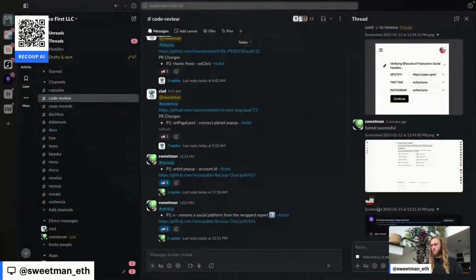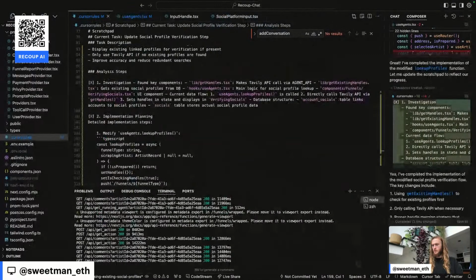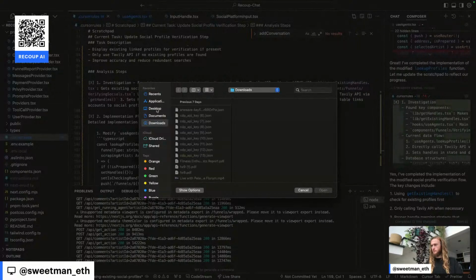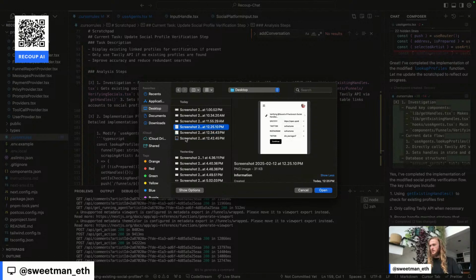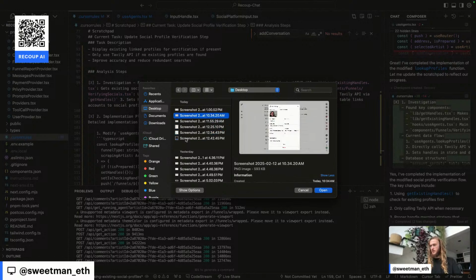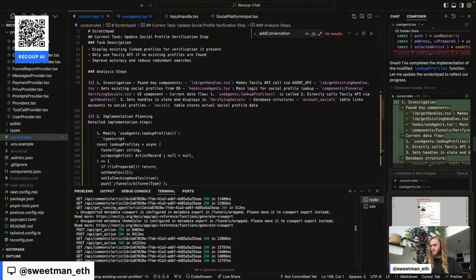So let's dig deeper into the Spotify error. We'll select an image. Desktop, find my image with all the fields selected. Your changes fixed all social platforms except Spotify. Actual Spotify field is always